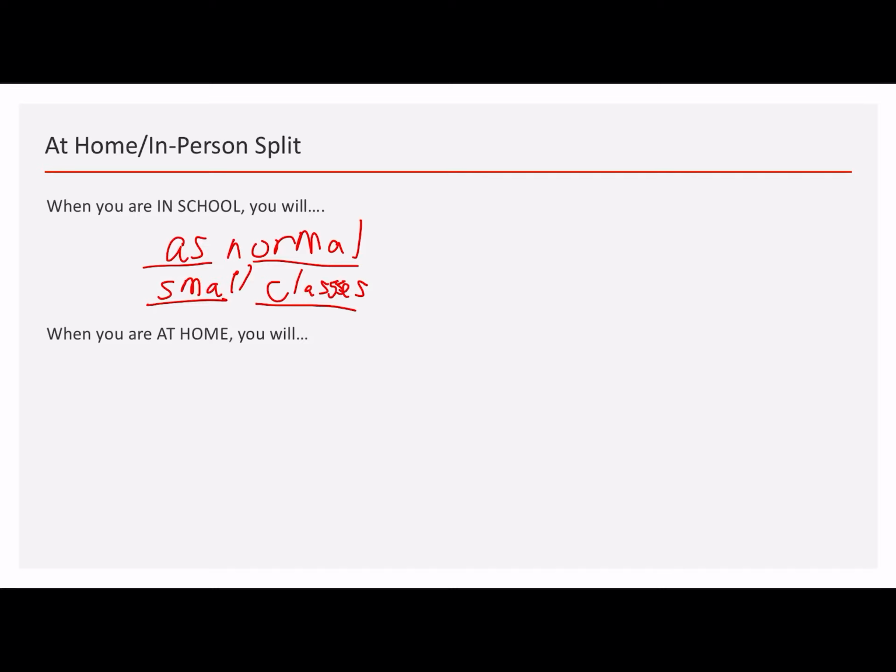My 10th and 11th grade classes are going to be even smaller because the way they do it is half of the 10th graders are going to attend one day. So there might be like 10 or 11 people in the class, and when it's only half of the 11th graders, then there might be like 5 people at a time. So class sizes for obvious reasons are going to be kept quite small.